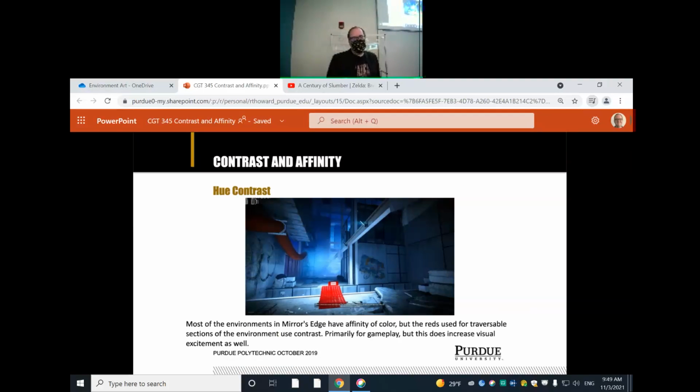Okay, so hue contrast. Of course, this is Mirror's Edge, which did this very, very well. They put all this affinity in kind of the background elements, but high contrast in the gameplay-oriented environment objects, the things you can do parkour moves on. And it was very effective at kind of teaching the player where they can go in the environment, and also